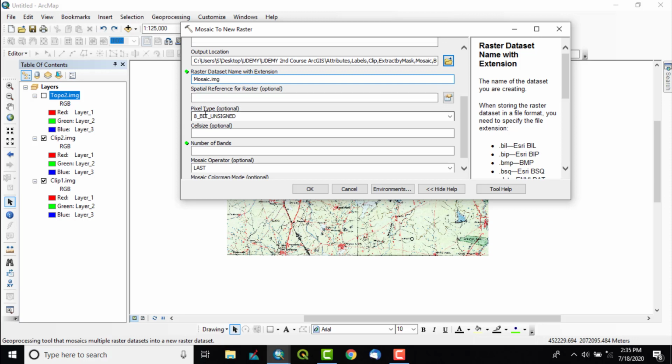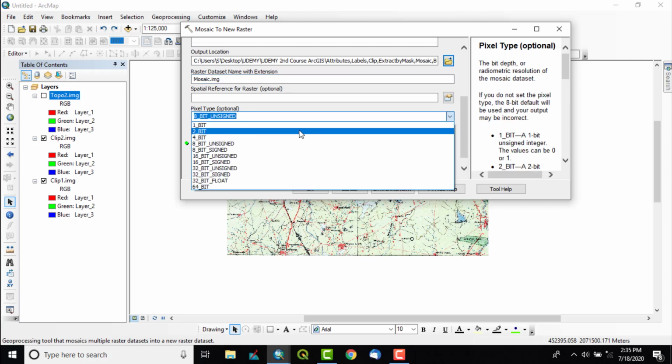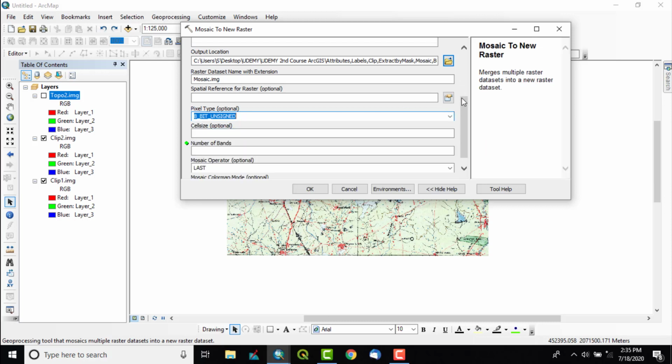Pixel type depends on the data that you deal with. Since this is a color map, I will keep it as it is, 8-bit unsigned. If it is a black and white layer, I will take 1 bit.